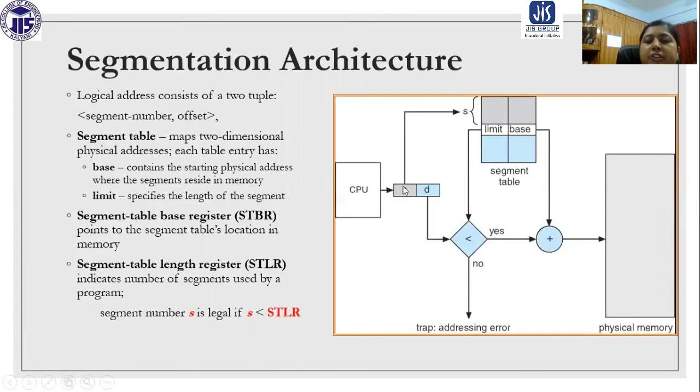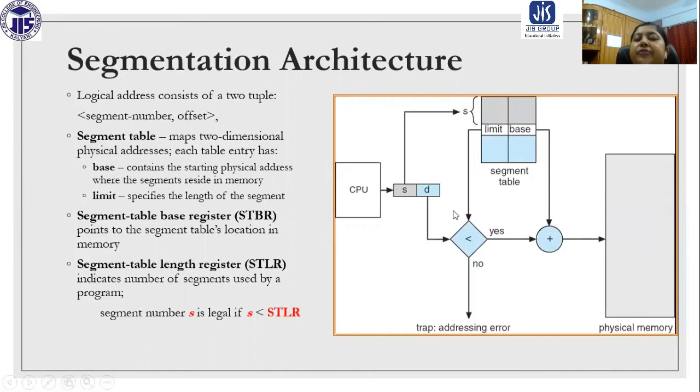Here also the logical address is divided into two parts, the segment index and the offset. Now we are going to search in the segment table. The segment index is going to act as an index, and we find the limit and base for the corresponding segment. The base is the base address in the physical memory, and the limit is basically the size.